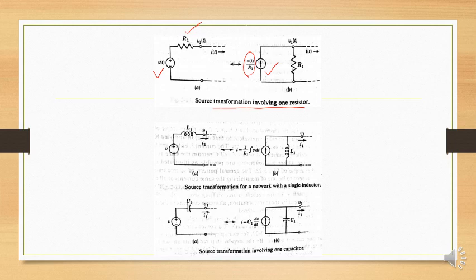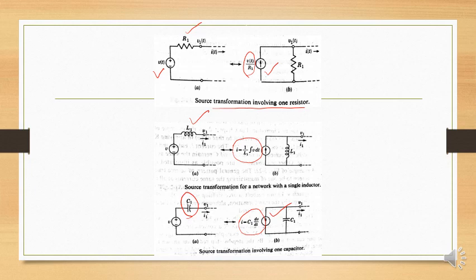Similarly, if we had an inductor with a voltage source, what we are going to do? We are using the formula used for finding the current of inductor, and we would connect that inductor in parallel with that current source. If we have a capacitor with voltage source, similarly we are going to use the formula to find out the value of current in case of capacitor and connect that capacitor in parallel with that current source. These are our source transformations. I am going to do them with the help of capacitor, inductor and resistor. You can simplify your circuit with these source transformations as per your requirement.